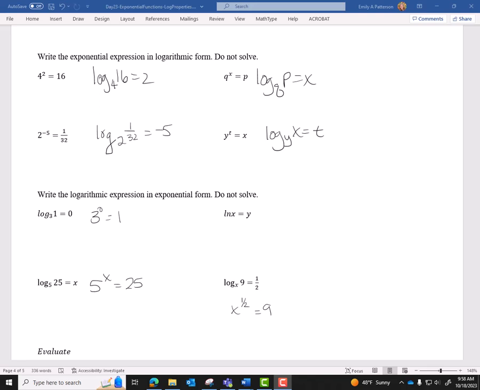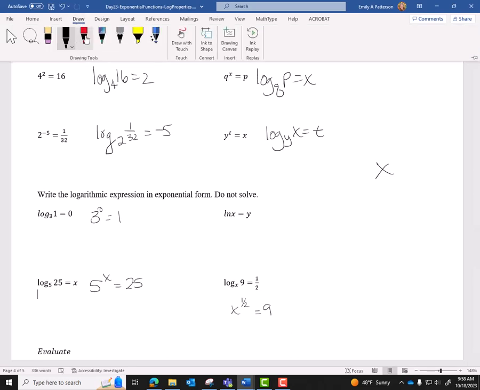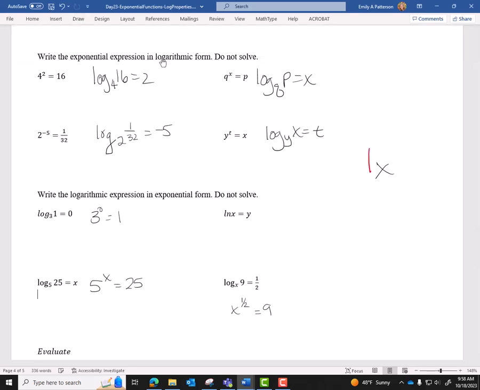What we have is two specialized logarithms in which the base is inferred. So if you remember, if I write x, we understand that there's a 1 understood here and a 1 understood here. There's some certain things that are taken for granted in mathematics. So when we see something like ln of x, that means log base e